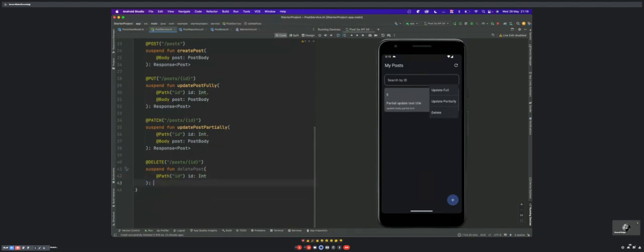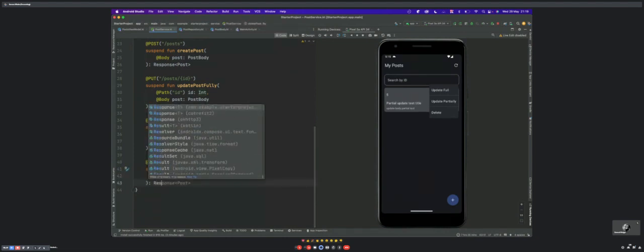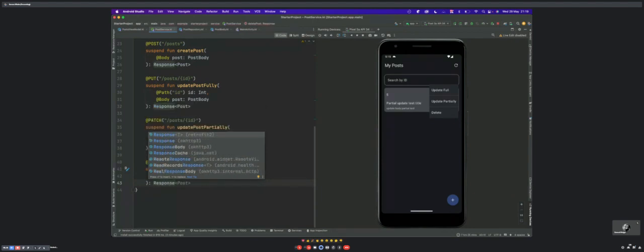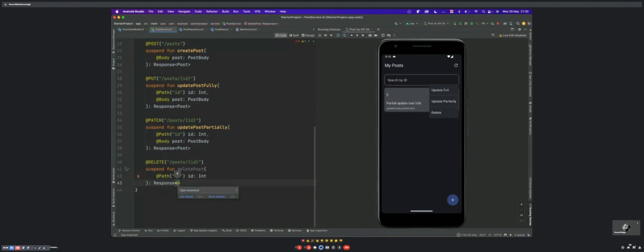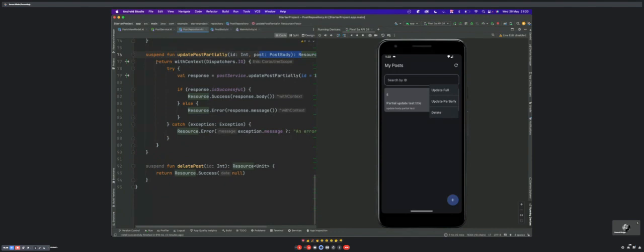But for us, we want to know if it's a success or not. So we want to return a response. But for this endpoint, it doesn't return a post. So in any scenario where an endpoint doesn't return anything, you can just return unit. So this means that it doesn't return anything. So we are wrapping it in a response since we want to know if it's successful or not. Yeah, so that's it. So let's go to a repository, and